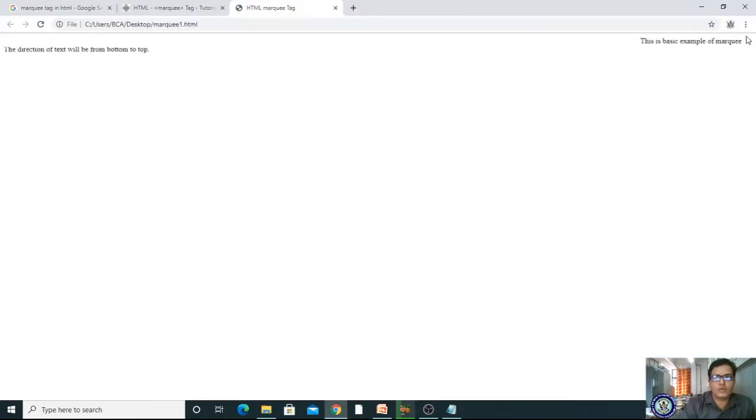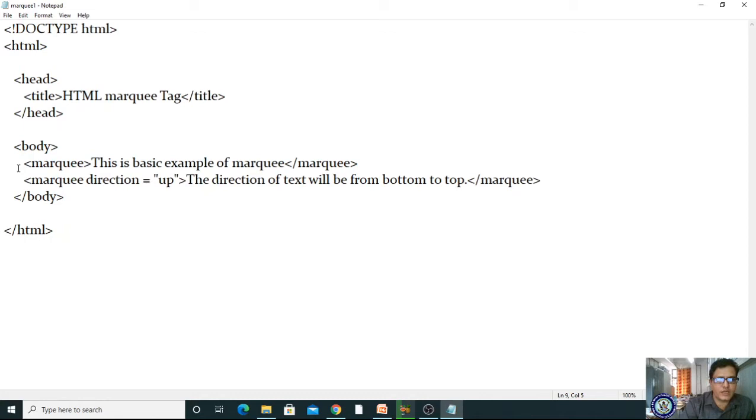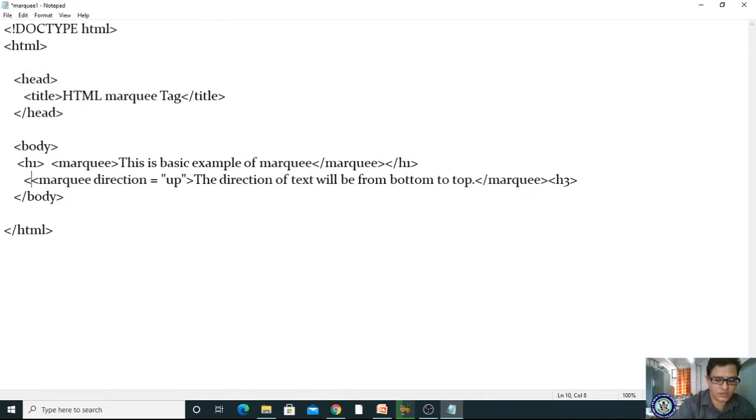Yes, now you are seeing one text moving from right to left and another text moving fast upward. If I give one more marquee tag, let me make it an h1, better to be visible, and I'm closing the h1. And here I'm using H3.